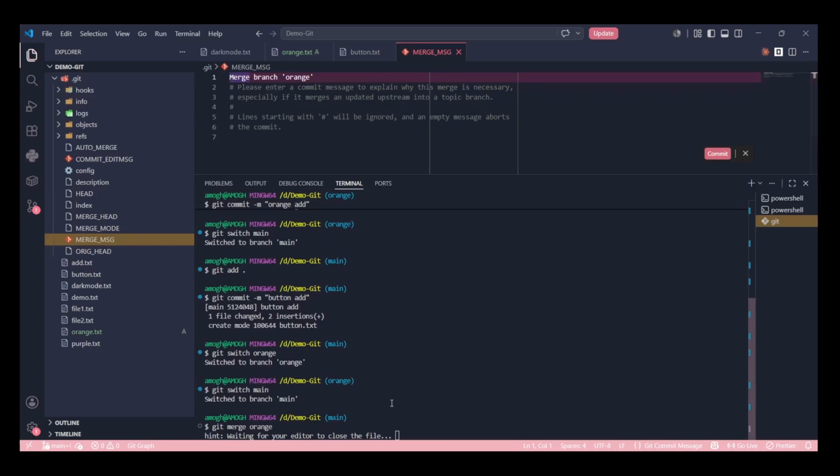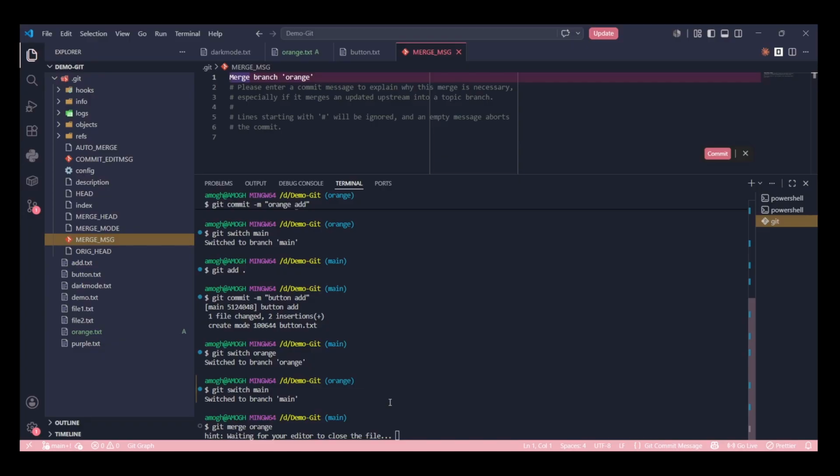See, what happened here is I have created one change in my main branch, and I have also created one change in my orange branch. So there are two things going on at the same time.